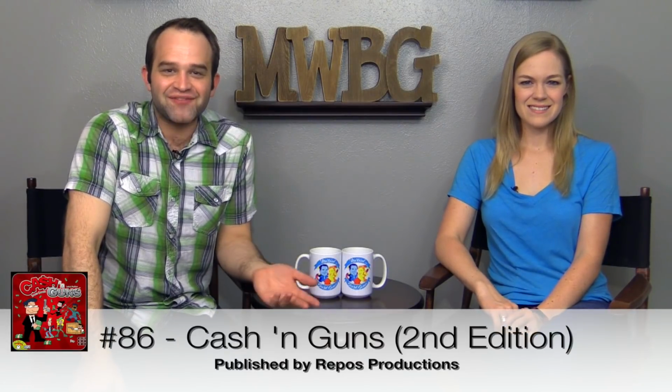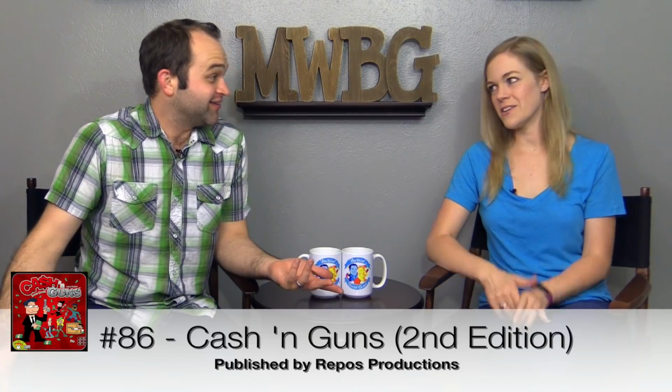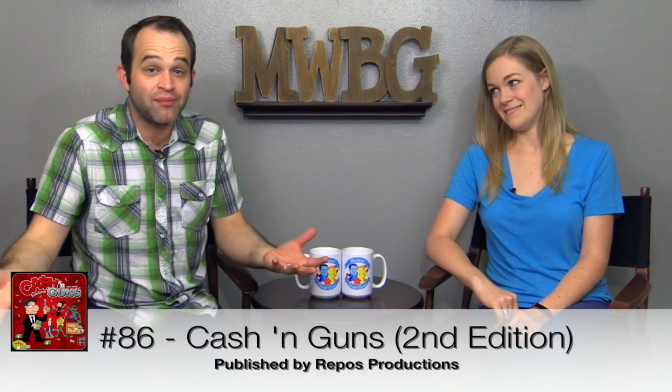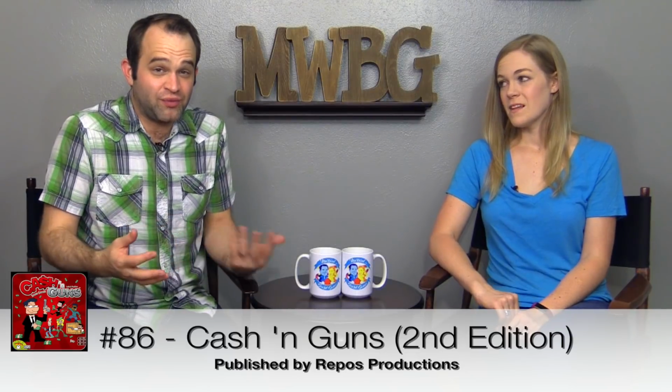Number 86 is an excellent party game, at least we think so. Some people might have some issues with it because of the theme, but we don't. And that is Cash and Guns, the game that comes with those foam guns that you're pointing at each other. Pointing at each other. Yeah. And so the premise is, you are a group of mobsters just after a hit, and you're divvying up the loot. And it's kind of like a game of Russian roulette. Well, not exactly, but you're pointing your guns at each other, and basically...